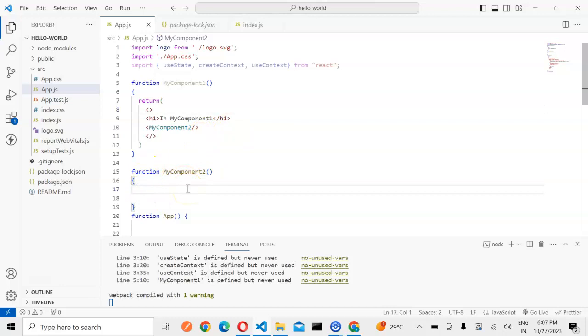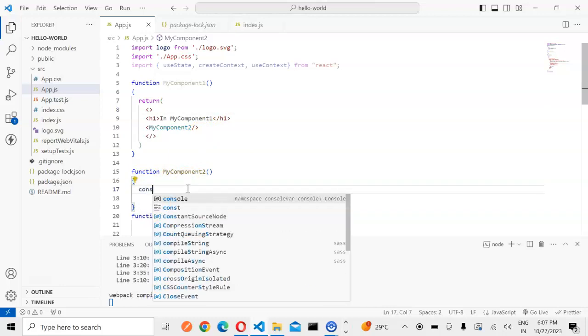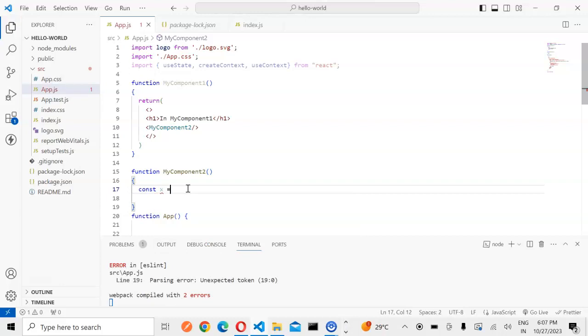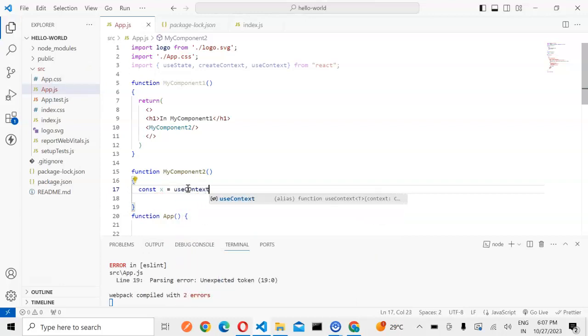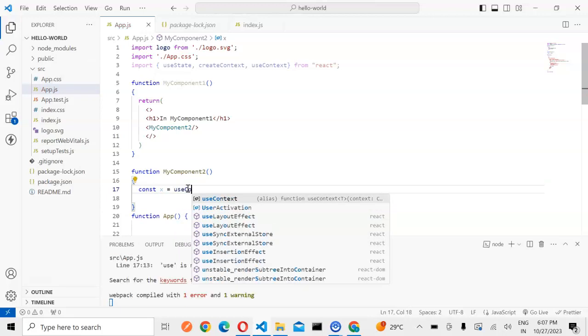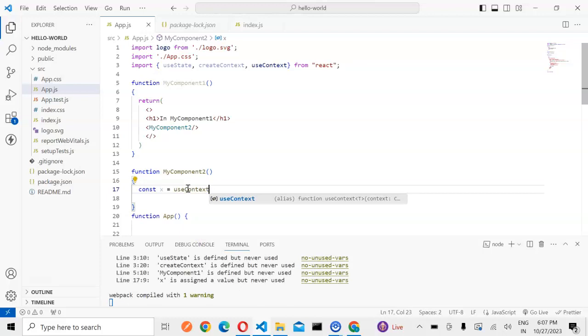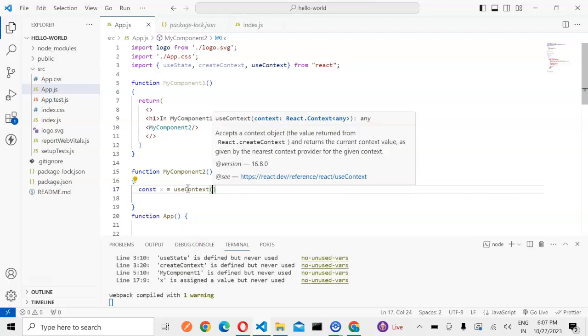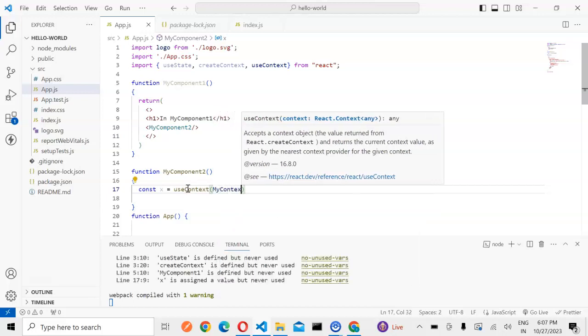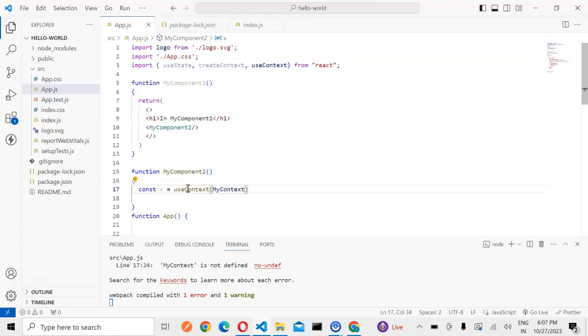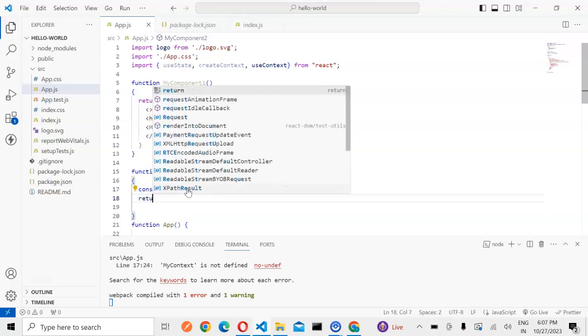Here is where we use the context. Const x is equal to useContext. So we are using the context first, but we are going to create it later. My context. So yeah, and then return